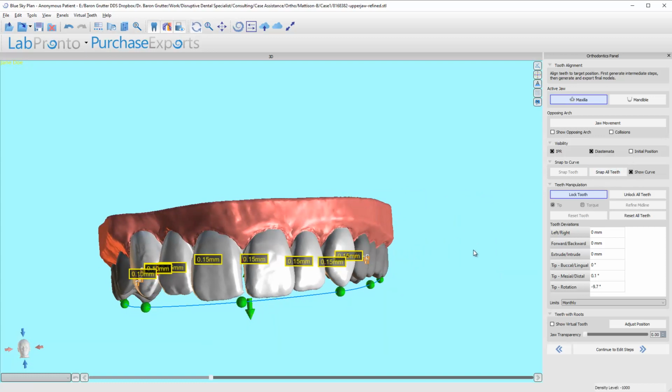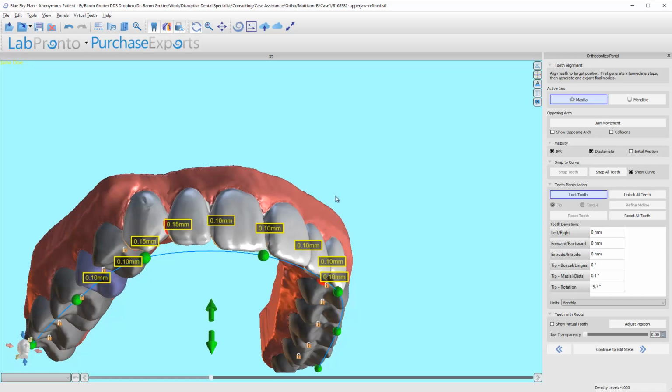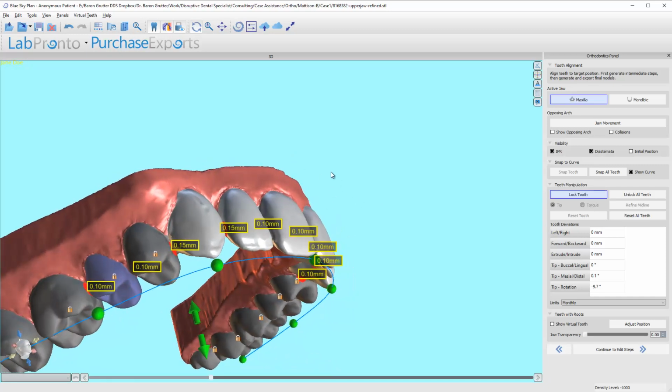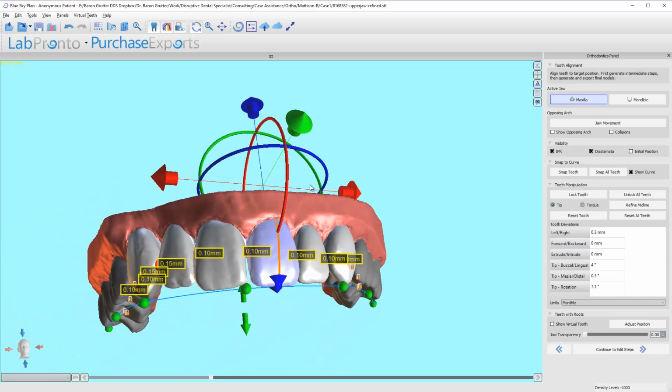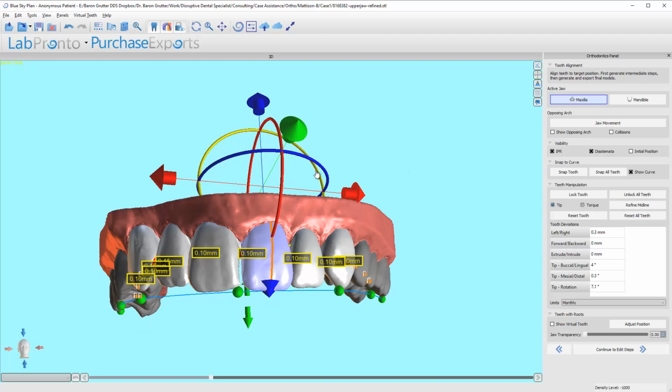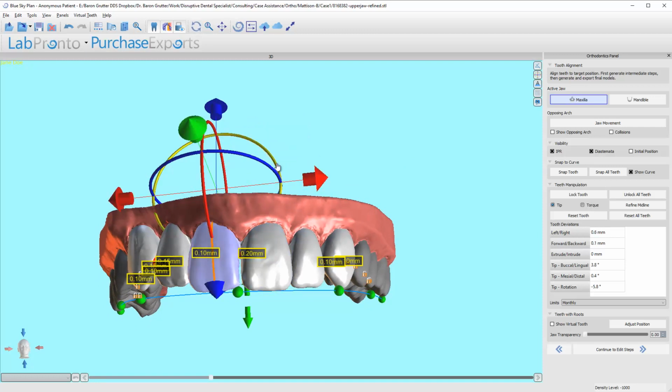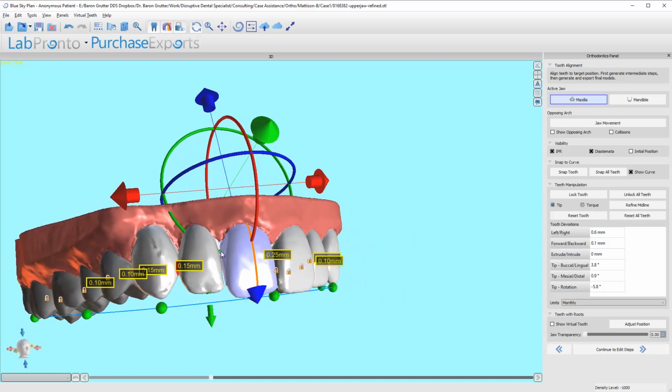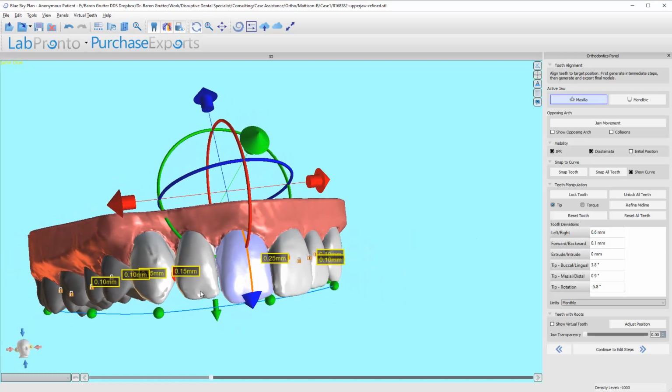Snap all teeth. Okay, so I'm at 0.1 everywhere, and well, a couple of 0.15s, but that's fine. And then what I'm going to do is take these two teeth and tip them forward or together a little bit, essentially getting rid of the diastema and the IPR, and I'm going to allow the plastics to sort of stretch a little bit,